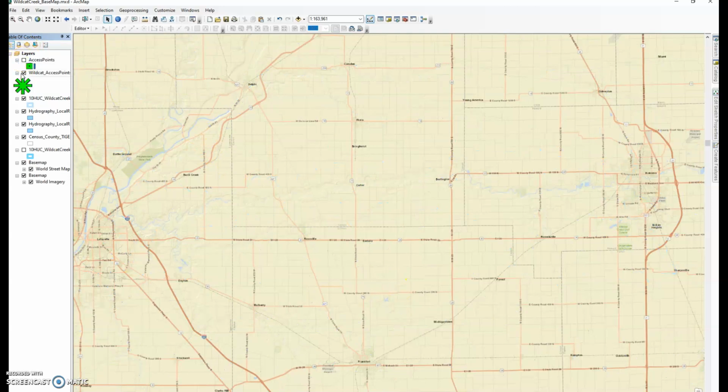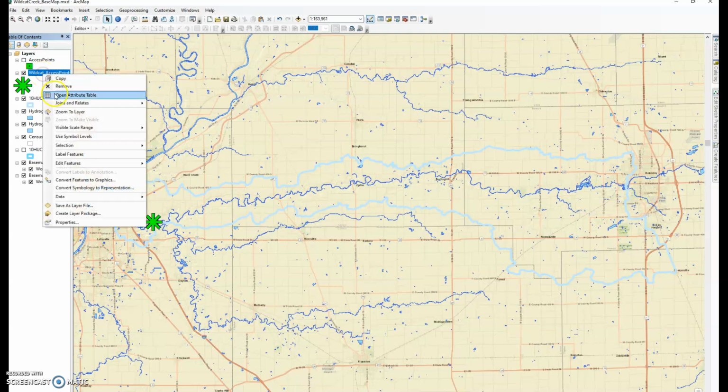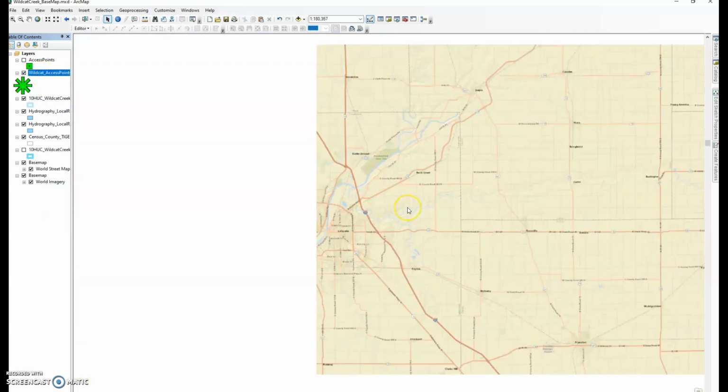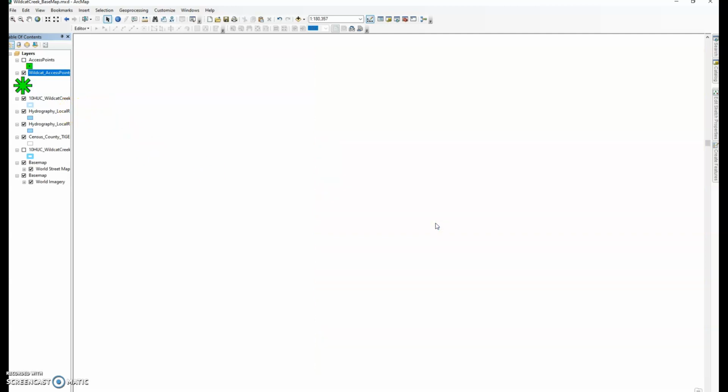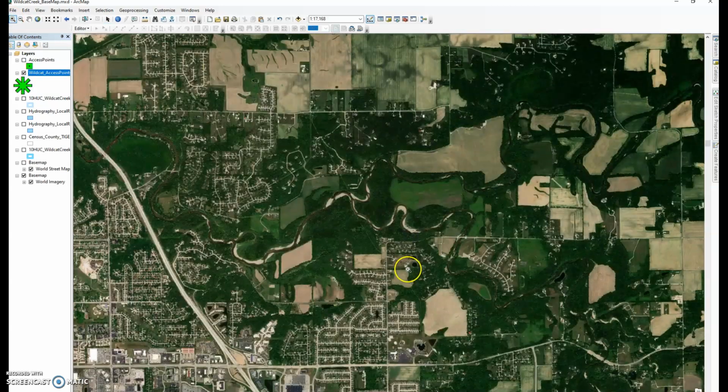And so one of the things that I went ahead and did already is that I actually identified where the Wildcat Creek Park is. And so the first of these 19 access points along the Wildcat Creek. And one of the things I'm going to do real quick is I'm going to go ahead and turn off the other layers. And I just want to zoom in. Oops, let's just go ahead. There we go. I just want to zoom in on this particular location